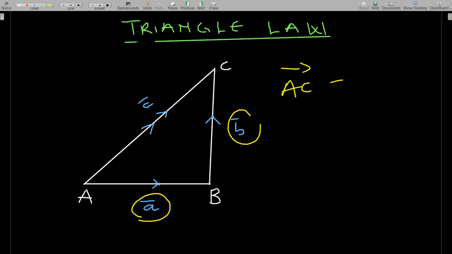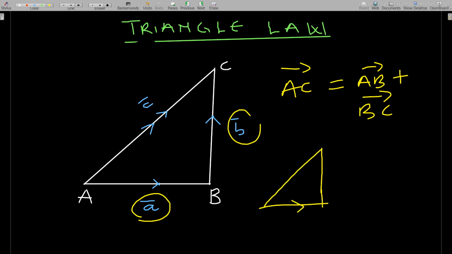Vector AC will be equal to vector AB plus vector BC. I hope you understand this. If in case it was something like this, and let's say BC was in this direction, then in order to find our AC, let's say here is A, here is C, B, like that, then our AC will be equal to AB minus